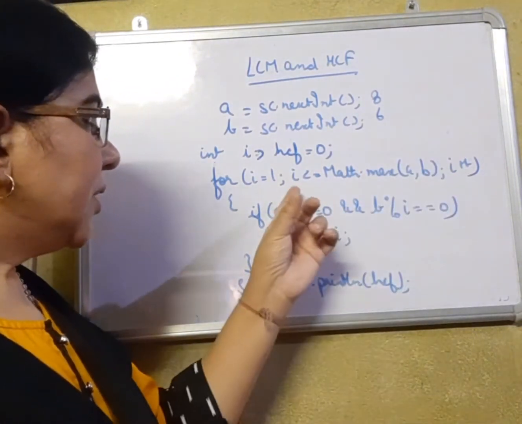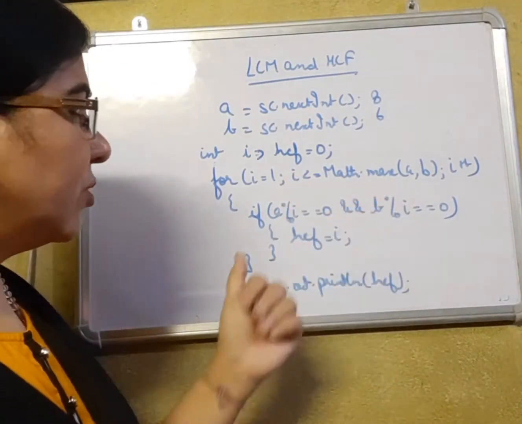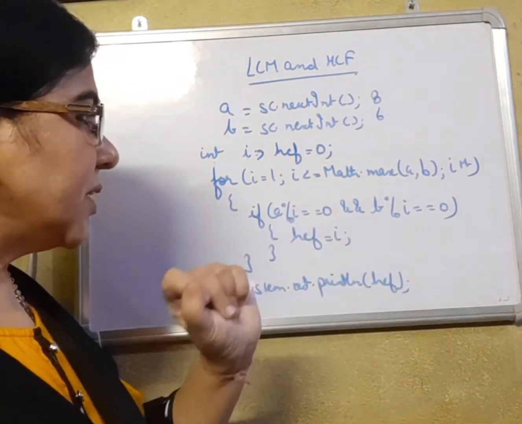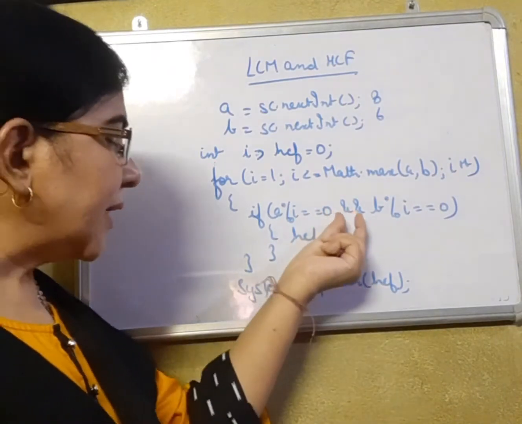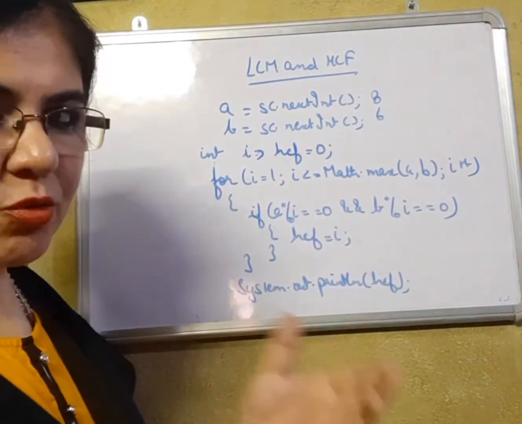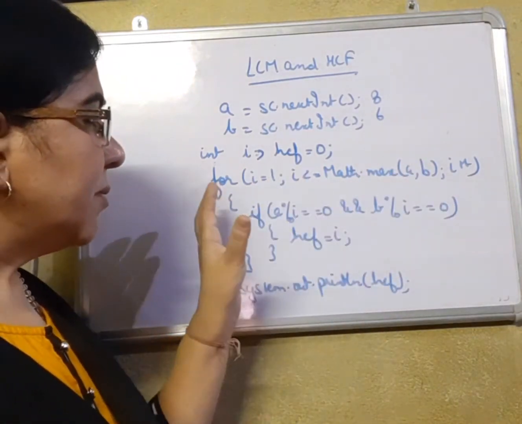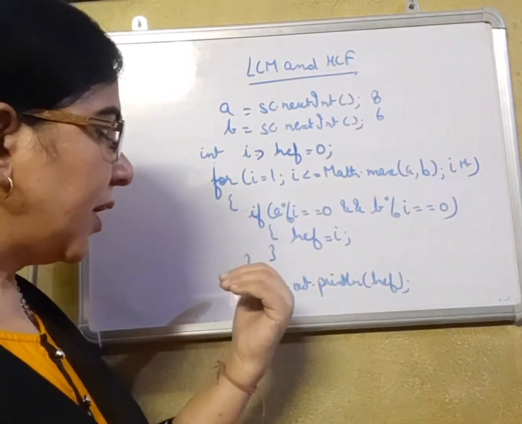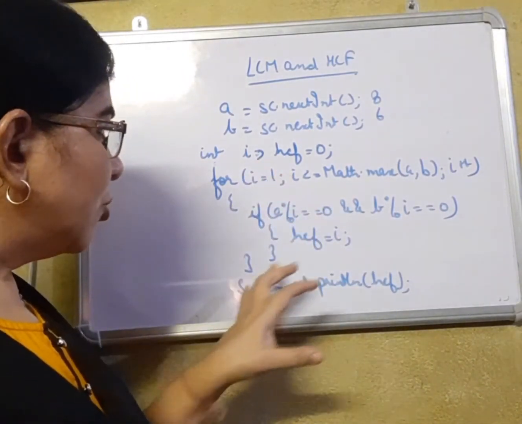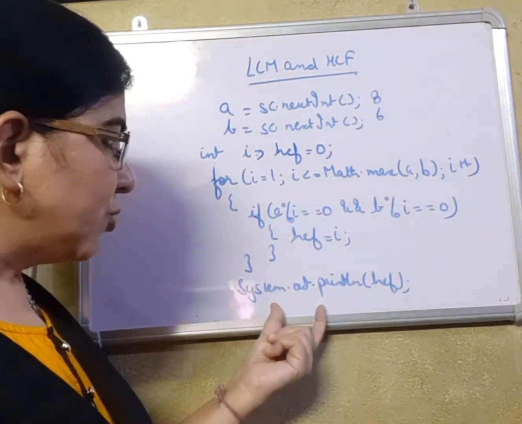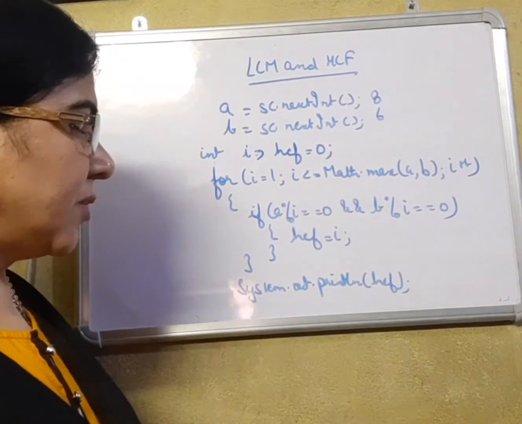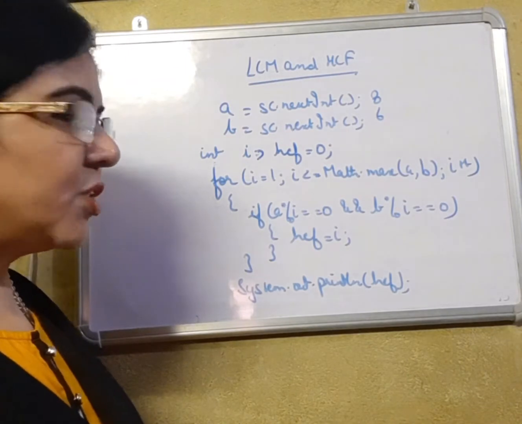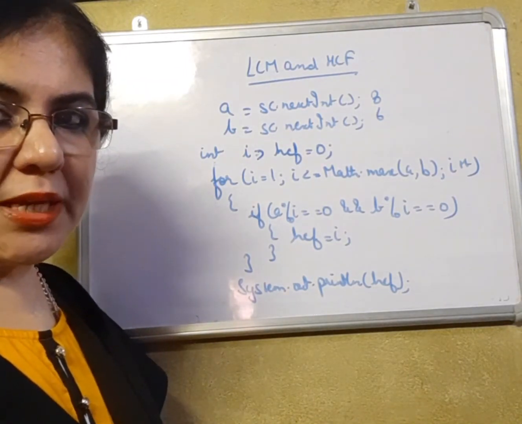I becomes 3. 3 is less than equal to the max of both. But 8 and 6 do not both come in the table of 3. 6 comes in the table of 3, but 8 doesn't. And the AND condition says if both of them come in the table of 3, then only take HCF. So it will keep on increasing, but for none of the numbers do both of them come. Either 8 comes or 6 comes. So outside the loop, the ultimate answer present in HCF is 2, which will be printed. This is the HCF. This is also a simple logic which is used in 10th. Now let's look at the logic which is used in 11th and 12th class for calculating LCM and HCF.